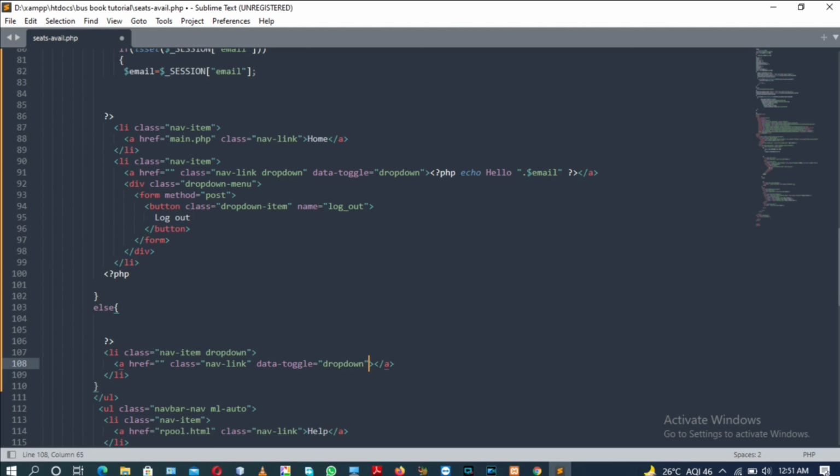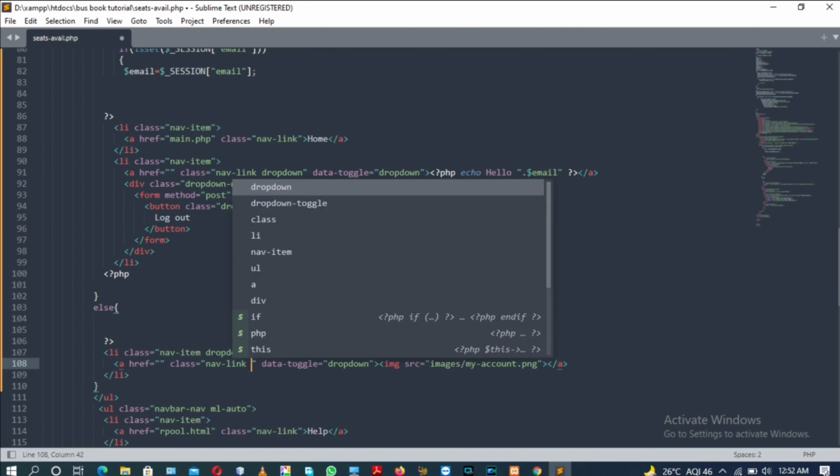After that, the content will be an img tag with the src attribute containing the name of the image, that is myaccount.png, and the class will be navlink, and another class will be sheet available navbar image.